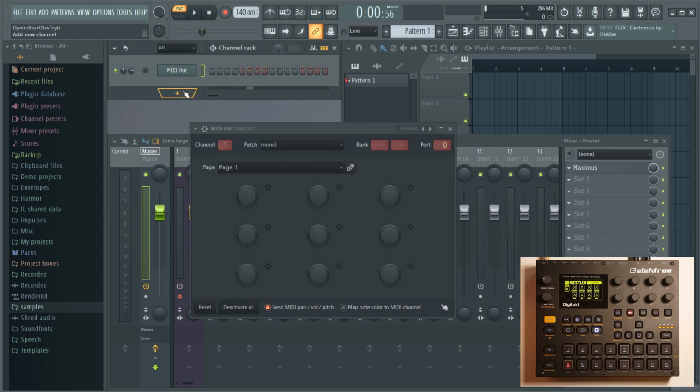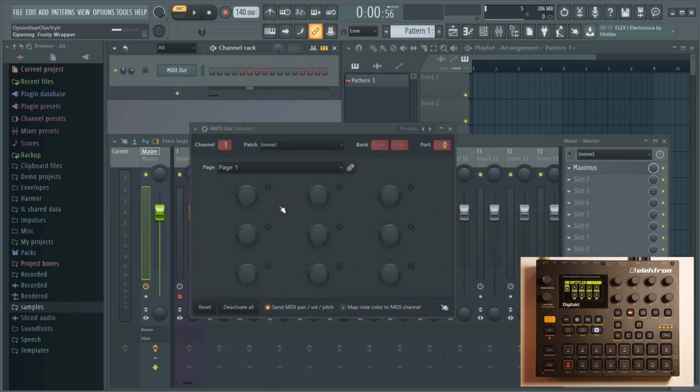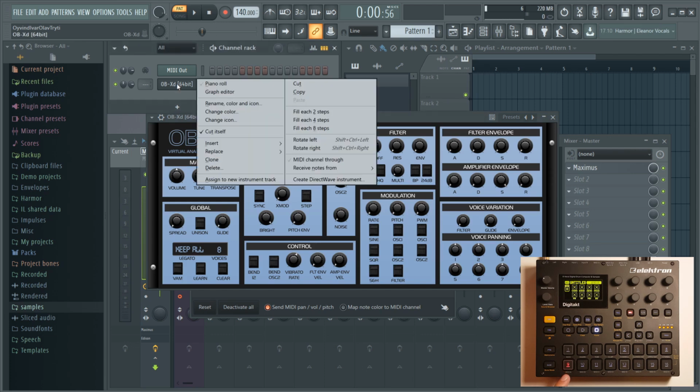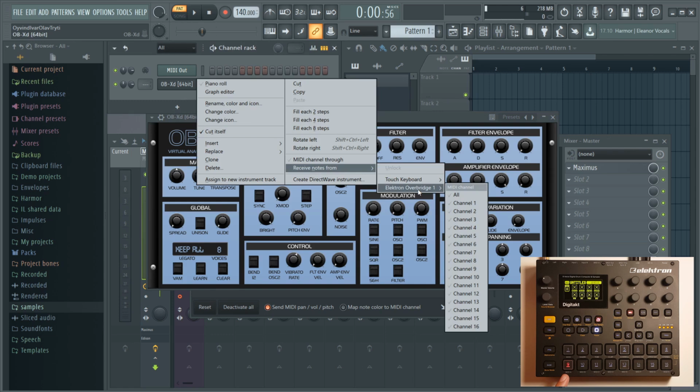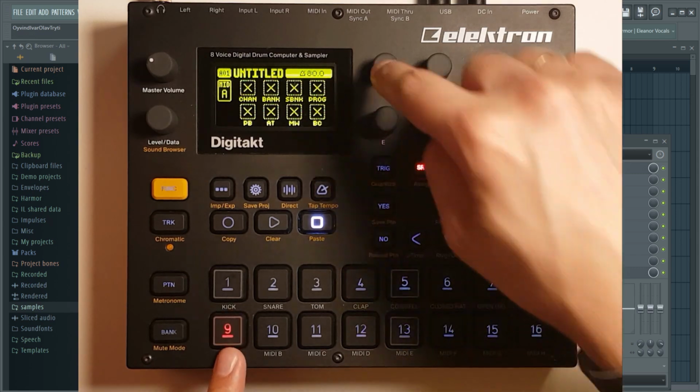And the next thing is to add a synth. I'll add OBXD. It's a free synth. I really like it. It's a virtual analog synth. And if we set this one to receive notes from Electron Overbridge channel 1, and in the Digitakt we set the